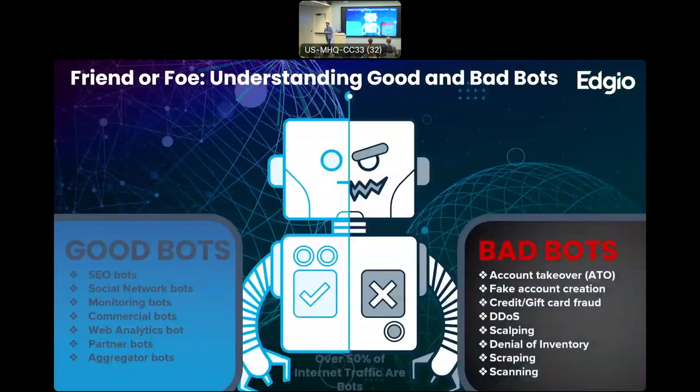Not all bots are bad. There are lots of really important bots, and the success of many companies relies on bots. The way Google works, they have crawlers. They crawl through the whole web to index and catalog the sites. Those are bots. Those are good bots. Here are some other examples of good bots. Monitoring bots.